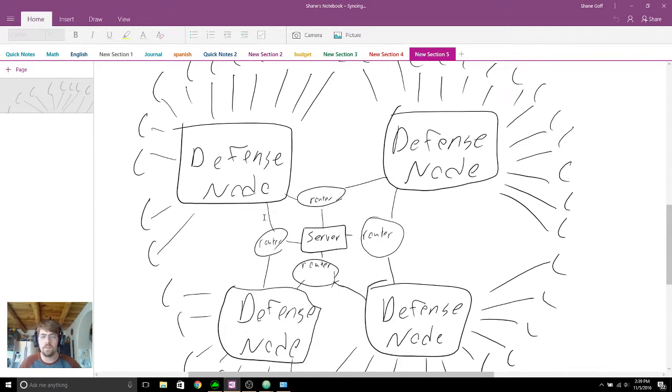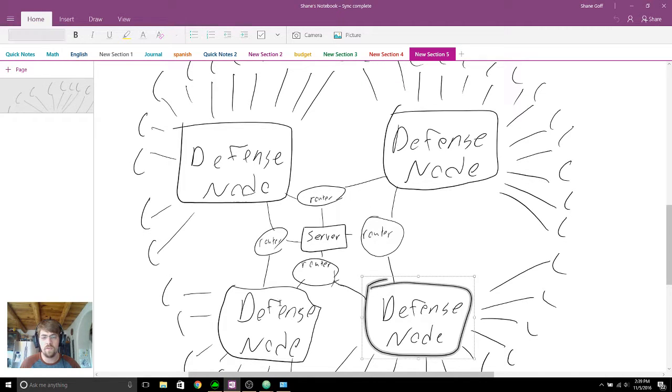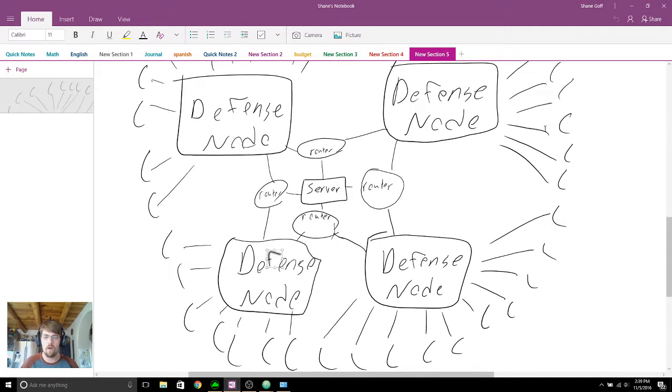But the problem is with what happens here, what we see is the defense nodes actually tell each other, hey, I'm starting to experience some botnet traffic. So this node will tell this one, and then these nodes will tell this one. And the server is a lot more defended as opposed to if you had a single defense node, all of your server traffic would funnel into that one defense node. And the problem with that is the same problem that you would have with what happens when you get a server DDoSed. It just gets overwhelmed and it crashes, and that's pretty much the end of that.